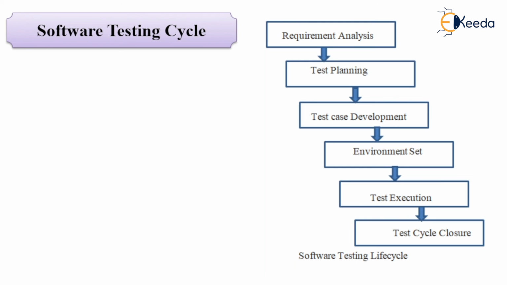So where was I? Yes, I was at test cycle closure. The activity aims to evaluate the test completion on the basis of test coverage, see the documentation of the project, and analyze the test results and the test closure report. What is the outcome? The report of the test closure. That means who did the testing, what was done, what the test plans, test strategy and test execution process were, who completed them, and if there were any bugs, who resolved them. The entire thing we generate as a report. So in this way, we studied software